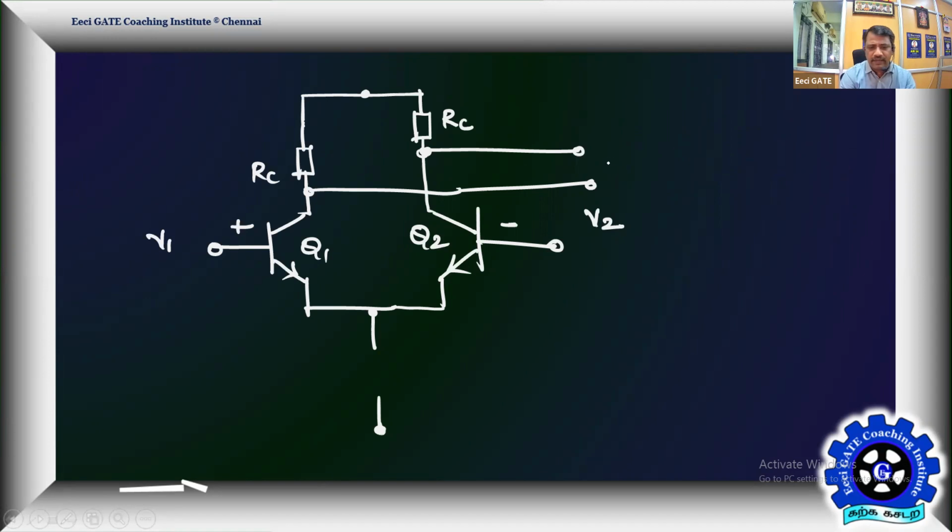So this is my V0, that's a dual output. It's up to us. This is V02 and this is V01, and I'm going for V02 minus V01. The input difference VDM is nothing but V1 minus V2. So the output V0 is V02 minus V01. That's what we're going to find out now, the expression for V0. So that's the core structure.